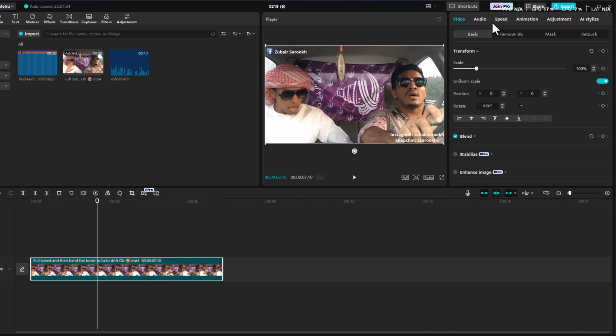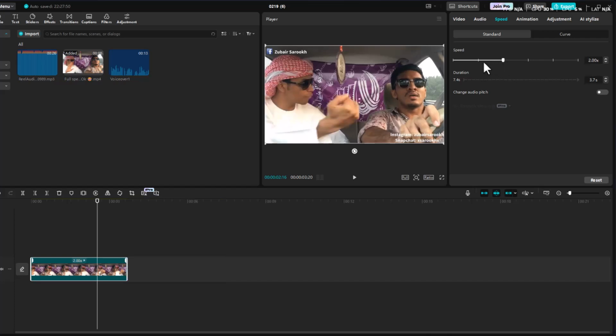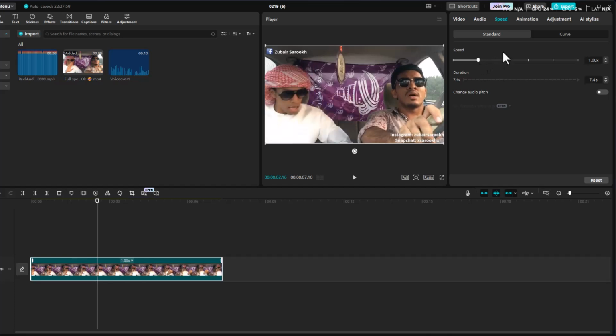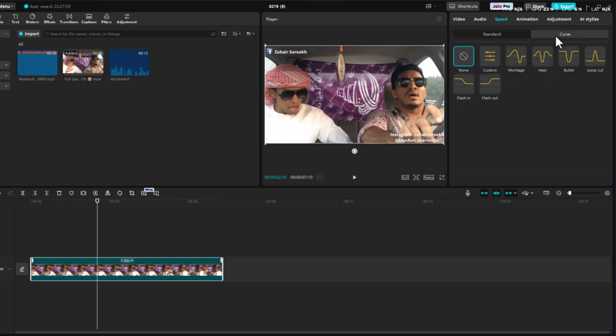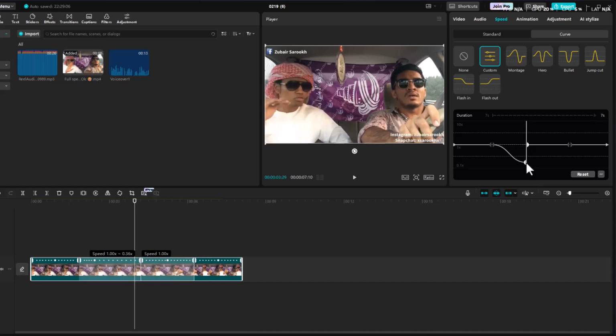After selecting the video, on the right side, in this tab you just need to select the speed, and now you will get standard. First, drag this speed to the right side like 2x, or you can increase the whole video speed. If you want to create a smooth animation, then select this curve option and select custom, and just modify this line. Like if you drag this end of this line over here, just like this,